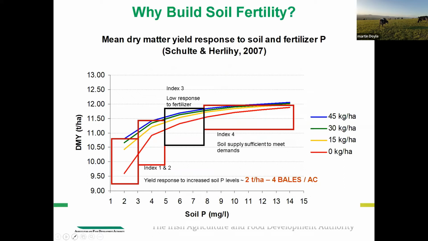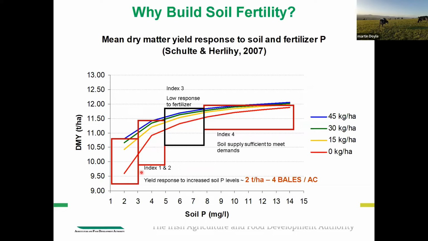This is, again, a slide that we keep using. On the x-axis, we have the units of phosphorus, and on the y-axis, we have tons of grass grown, and in the boxes, we have the soil index. So again, what it's showing is the lower P index, index 1 being very low, index 2 being low, and index 3 being our target. At the lower index, we're growing the least amount of grass. So, trying to get our optimal response to inputs and trying to grow as